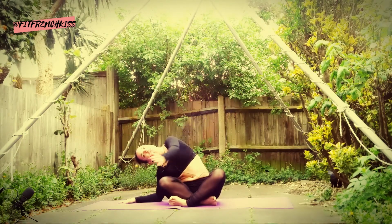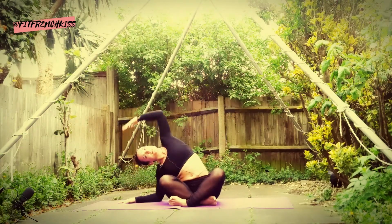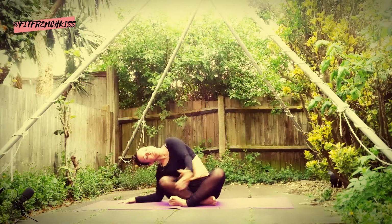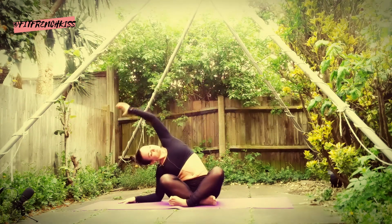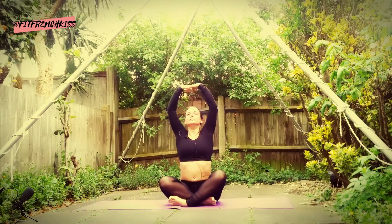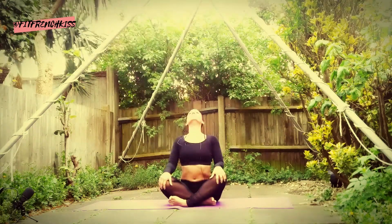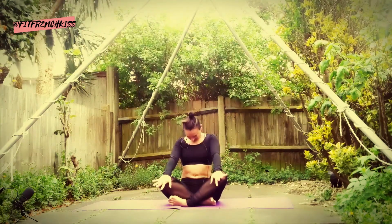Reach your chest high first before you start your circles. And reverse. Really use your shoulder blade to direct that movement. Coming back, taking a nice stretch. Roll the shoulders back, open, and round your back. To reset, lean forward